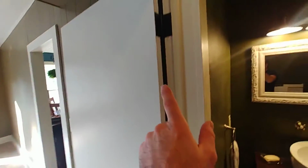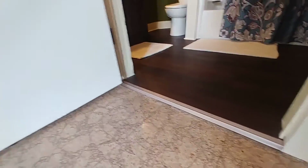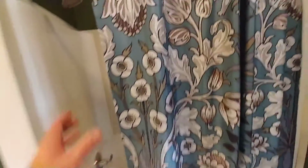vinyl flooring, and everywhere little things like hinges and doorknobs are new throughout. Unfortunately the floor is kind of weird in here, so that needed a stair nose on it, but that's all new. Anyway, cleaned up the tub. Katie went nuts on this as well, getting it all clean. There's some chips in it, but by and large, new escutcheon and faucets, and